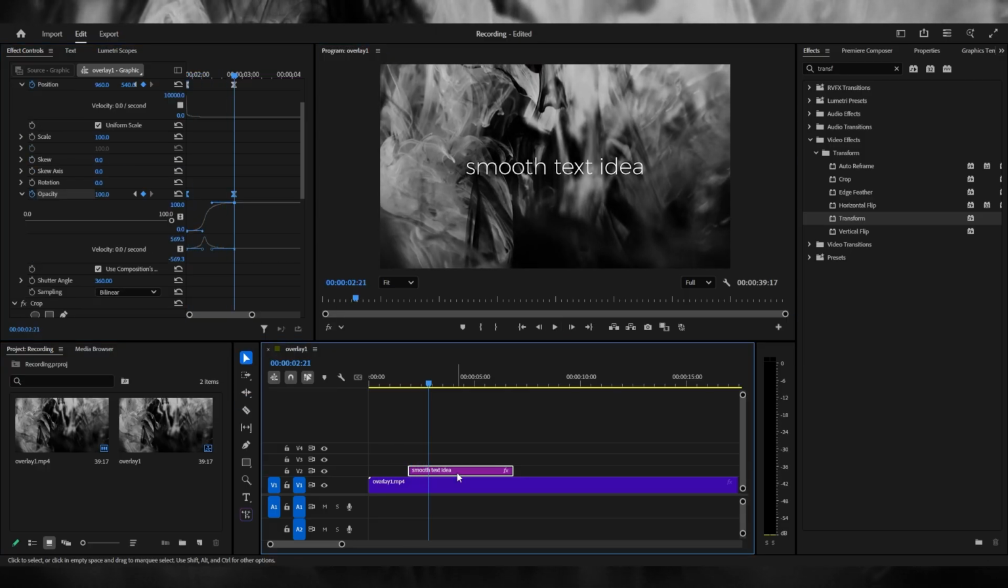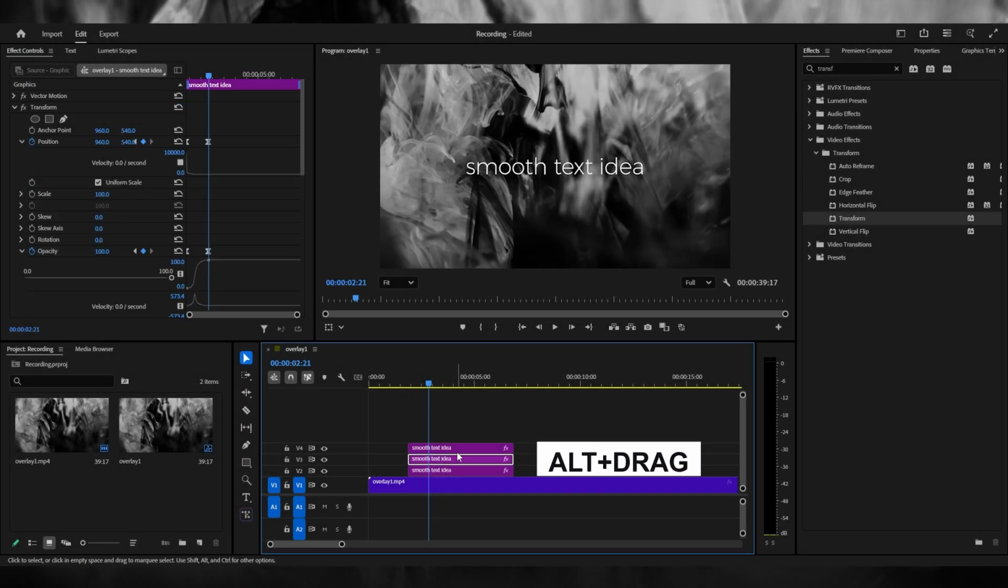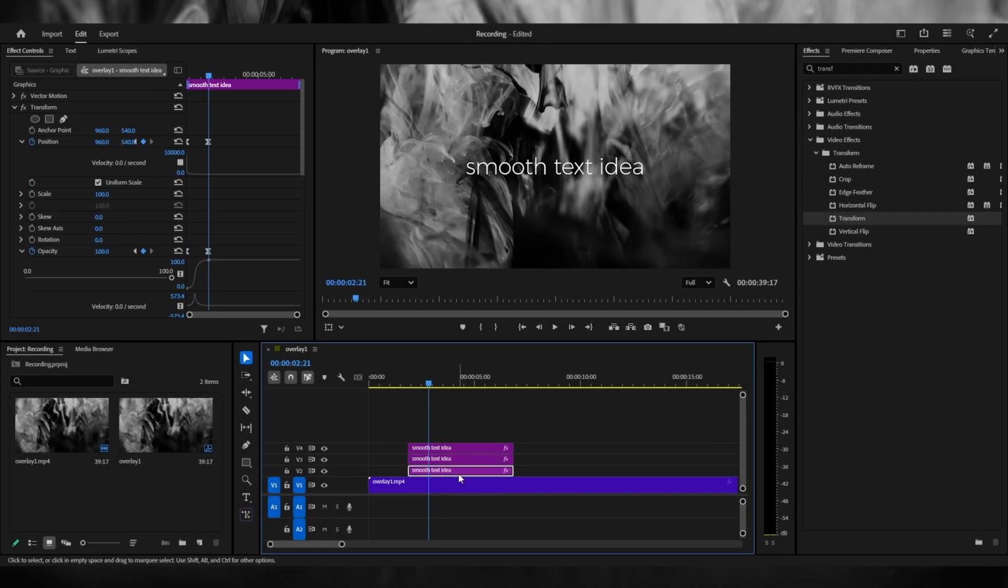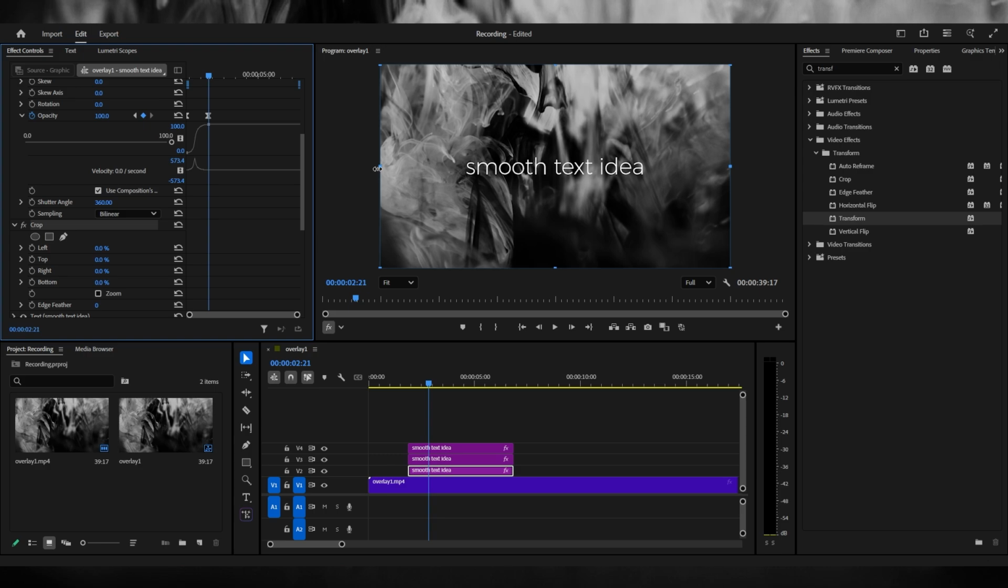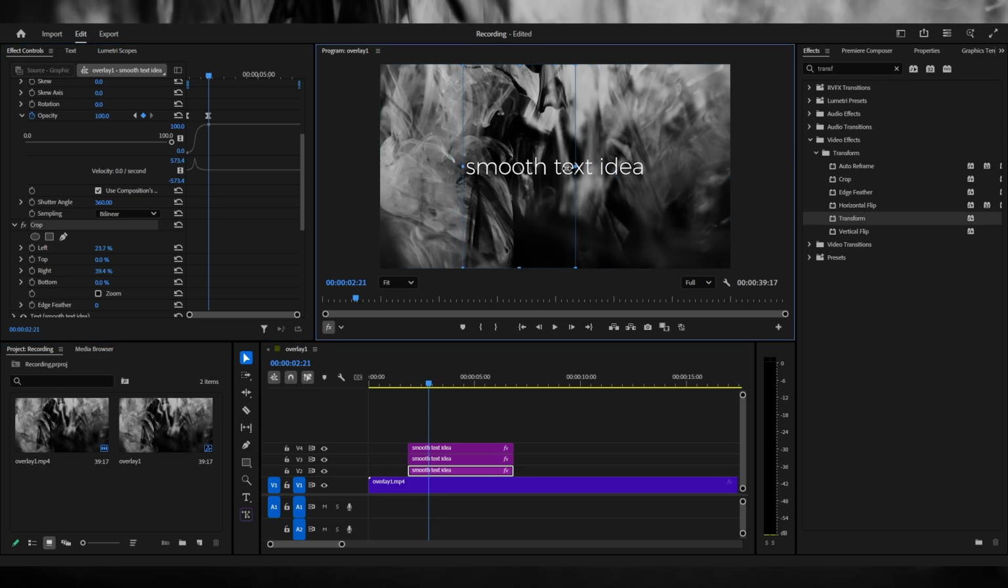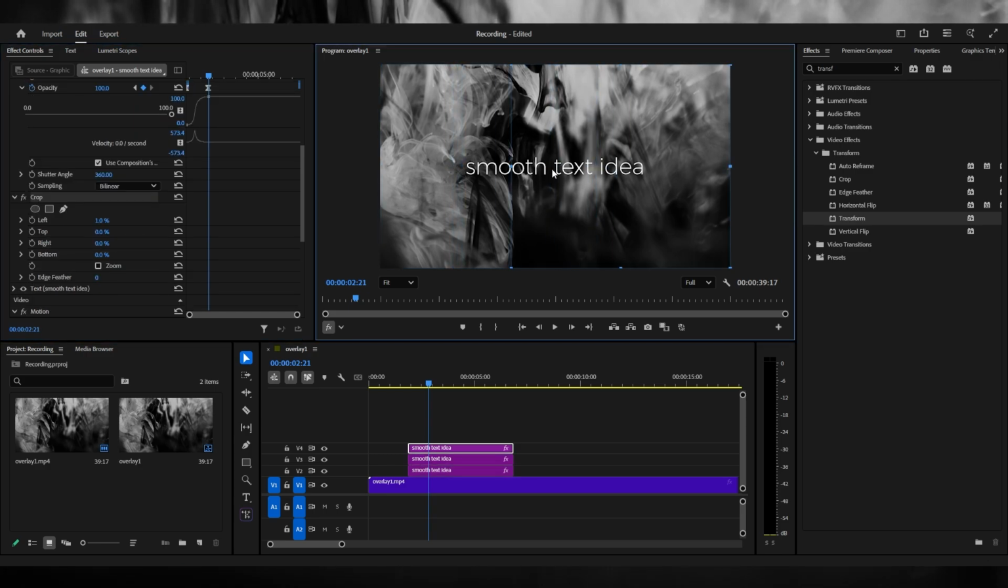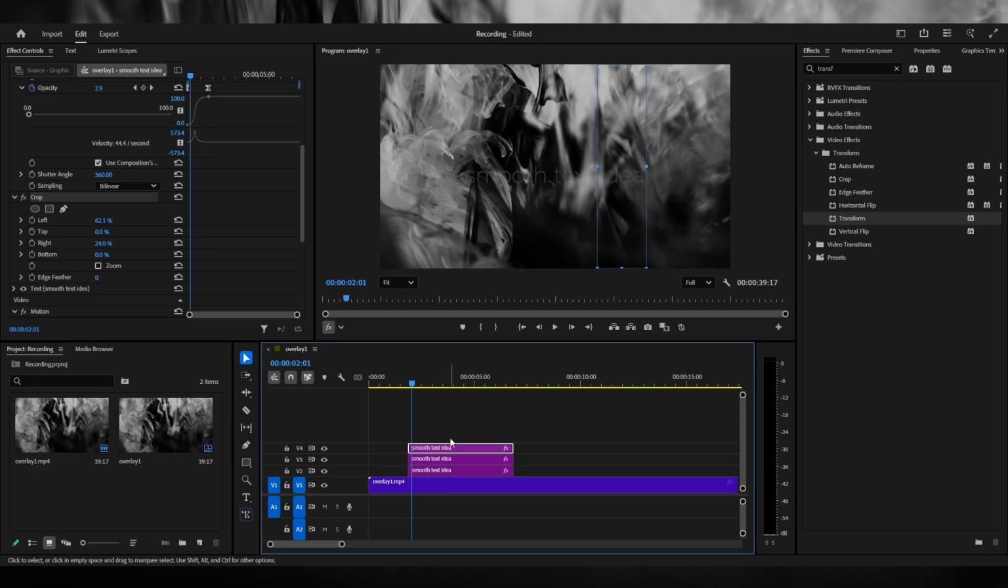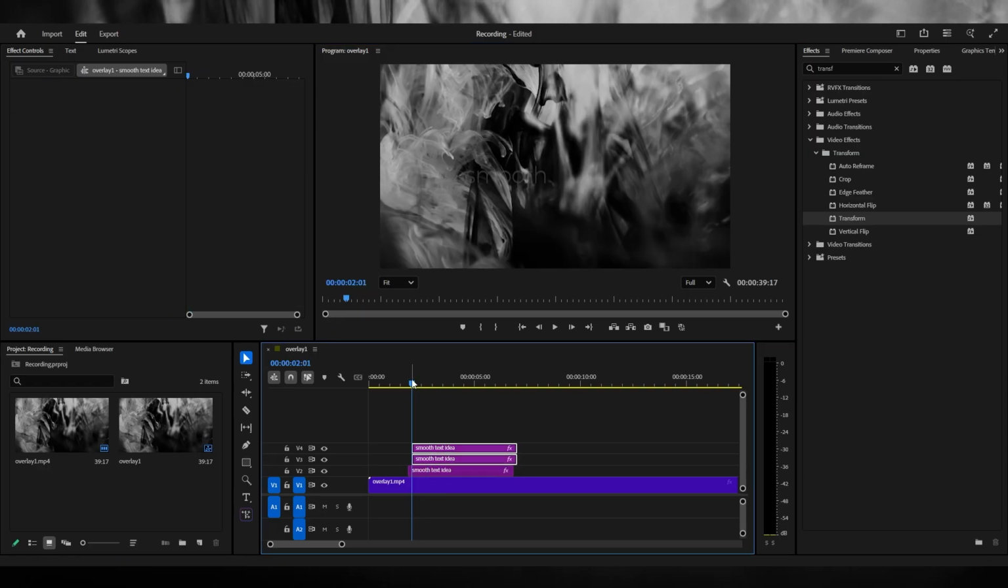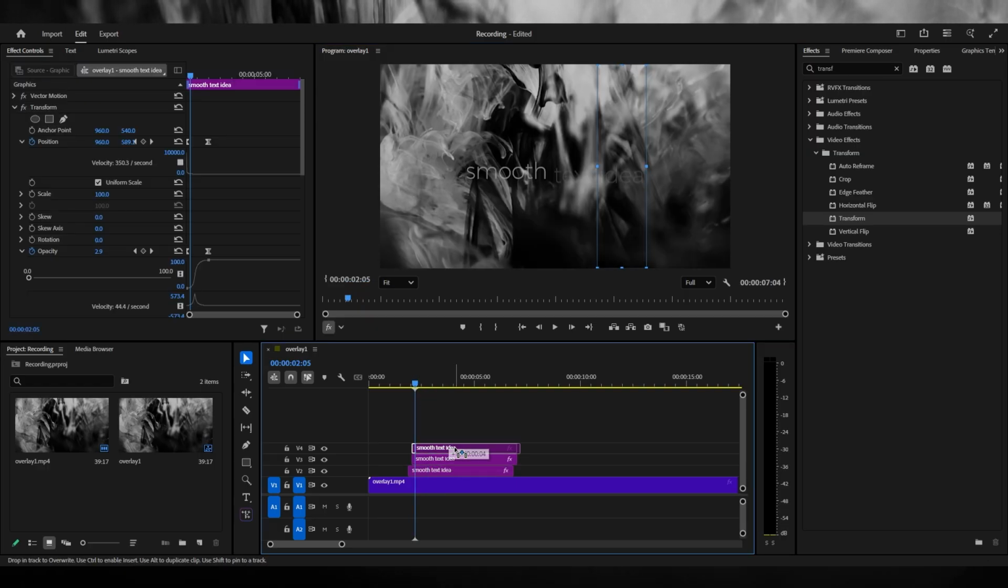Looking clean already. Next step, duplicate the layer as many times as you have words. On the first layer, crop it so it only shows the first word. Repeat this for the rest. One word per layer. Then offset the start of each layer just a little bit so the words pop in